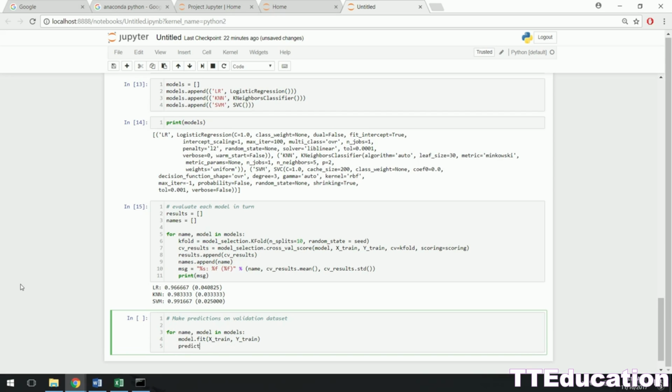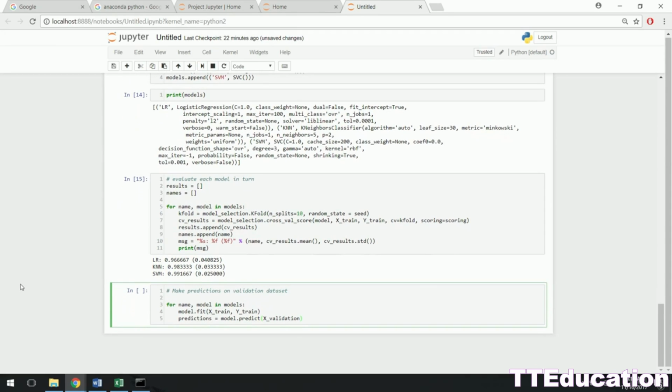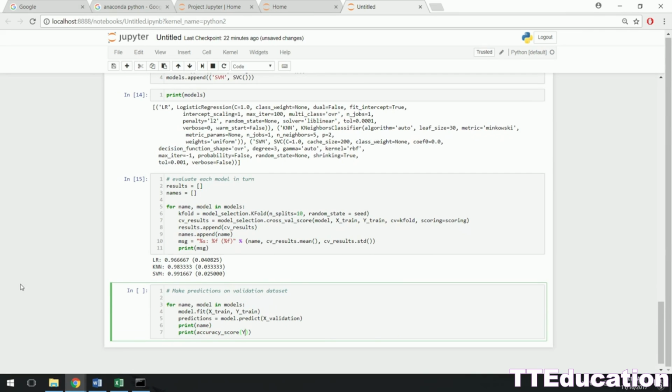But then we're also going to have this prediction step, which is going to be model.predict on X validation. So this is the X data, the length and width that it hasn't seen yet, and we're going to make predictions on that. And we can output the accuracy score,